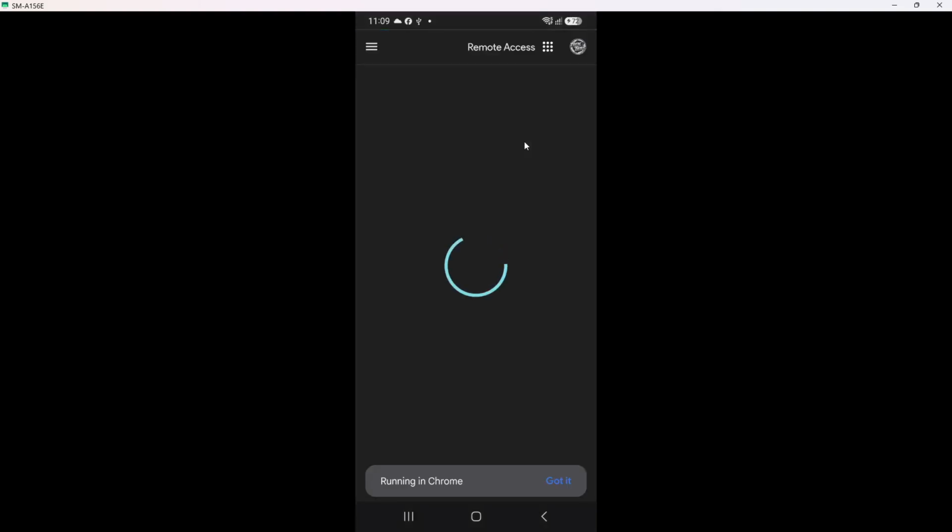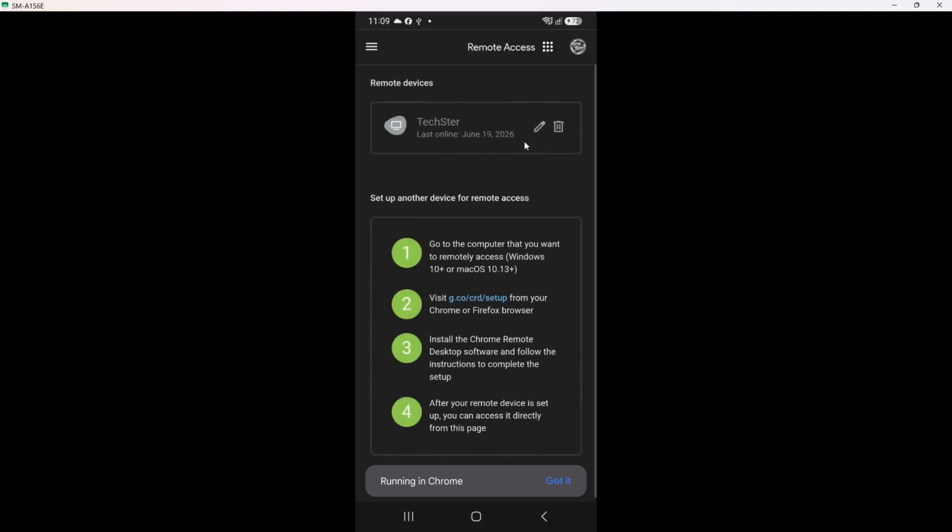At this point, you'll need to sign in with your Google account. This step is necessary to connect the app to your devices and manage your remote connections. If you have multiple Google accounts, ensure you use the correct one associated with your remote computers. This connection is what makes the remote desktop feature possible, allowing you to access your files and applications from anywhere.